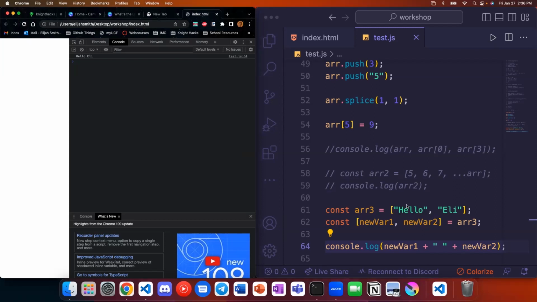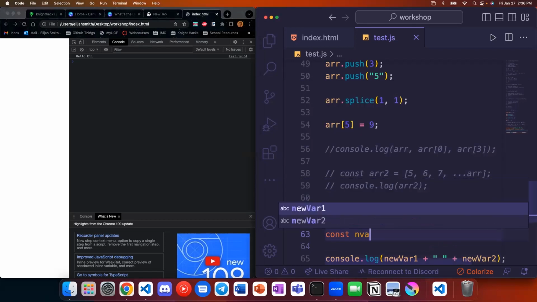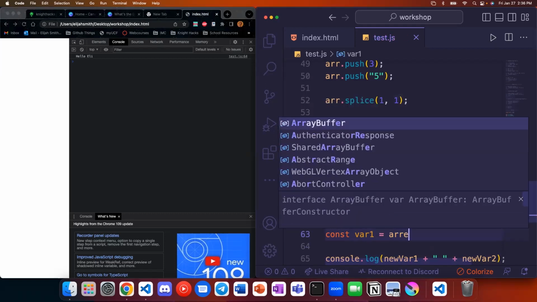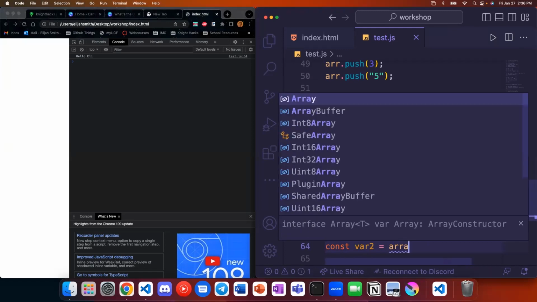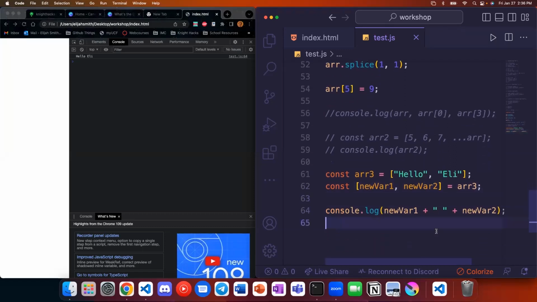So if you want to take stuff out of an array and assign it into separate variables, you can do that with destructuring. The alternative to the destructuring here is like const var1 is equal to array 3 index 0, and then do another line var2 array 3 1. So saves you a lot of extra time, especially when it gets bigger. This is a pattern that happens a lot in React in particular. All right, so we did that. What else do we have here?